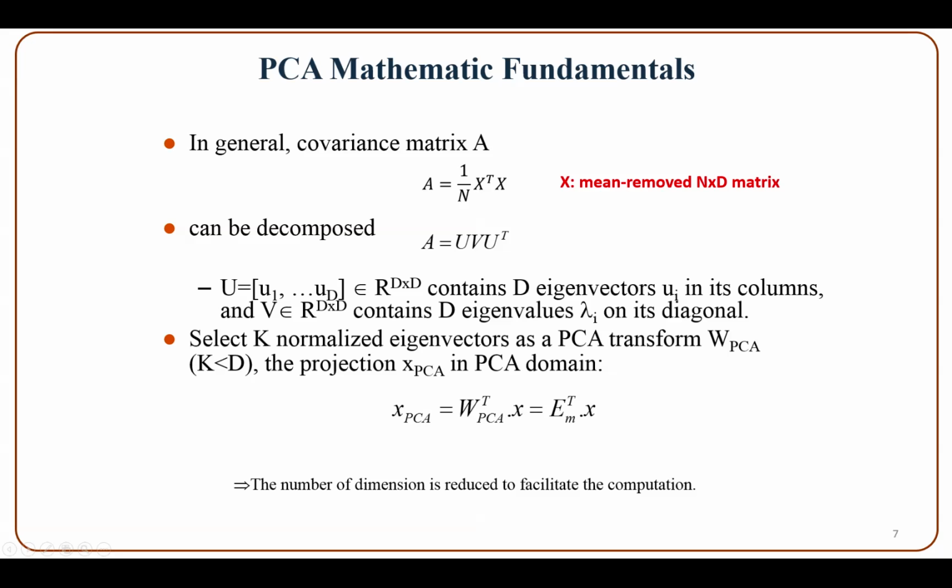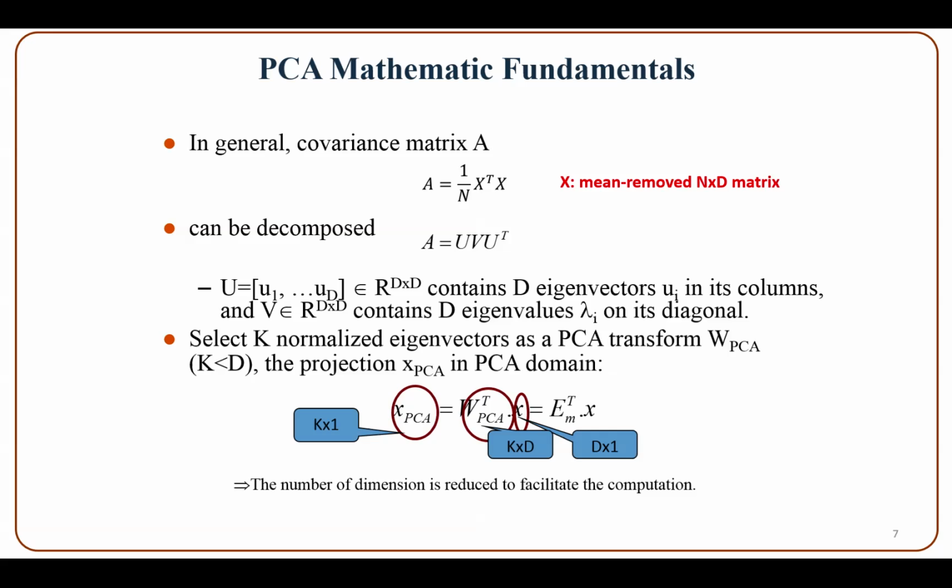The projected point is the matrix product of the transform formed by the eigenvectors on the rows and the original point. So the dimension of the transform is k by d, and the dimension of the original point is d by 1. The dimension of the transformed or projected vector or point is k by 1, and k is much less